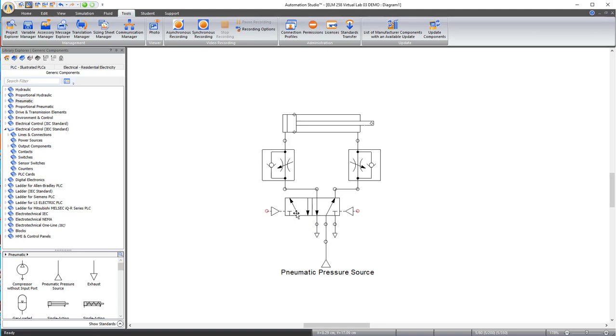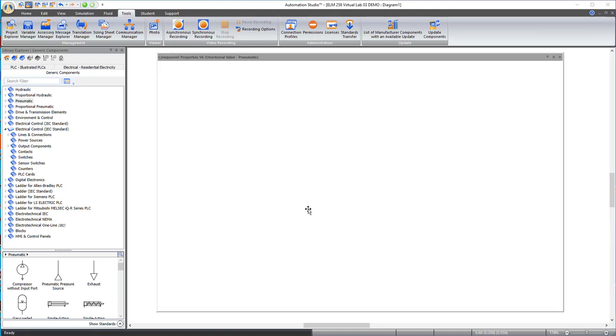Now, in order to make this an electro-pneumatic circuit, the valve has to be controlled electrically instead of controlled by pneumatic air lines. So there's a couple ways to do this. We could actually go back to the pneumatic menu and pick a valve that has the solenoids, but I want to show you another way to do this, which is if you double click on the valve